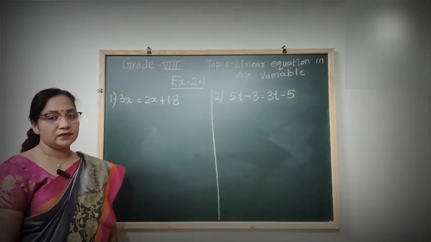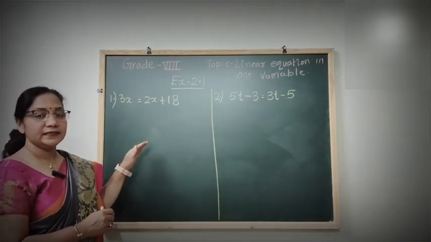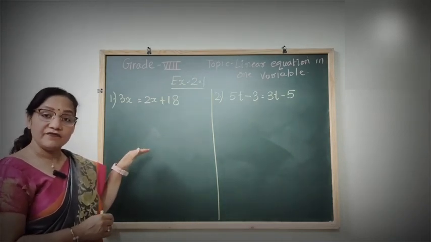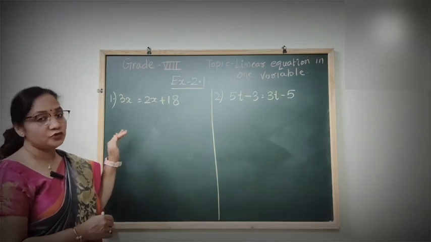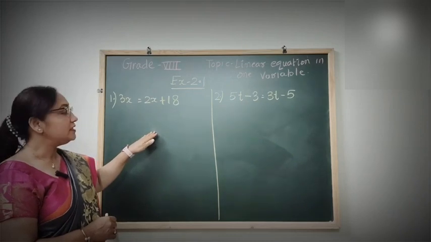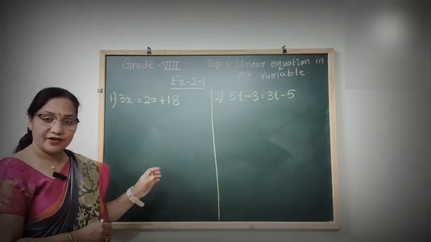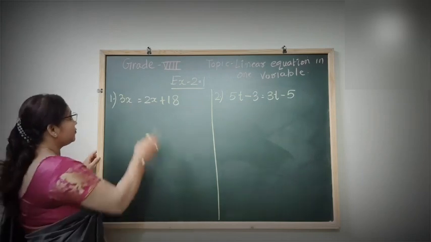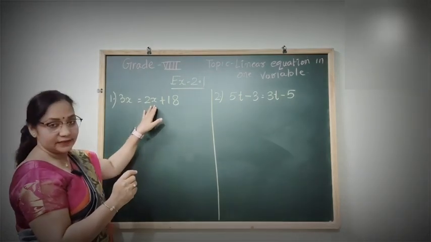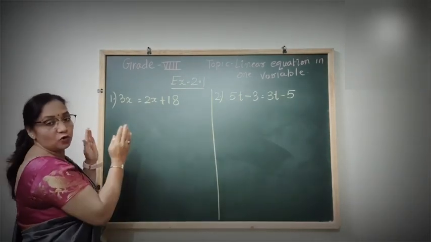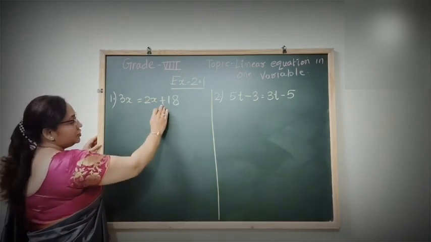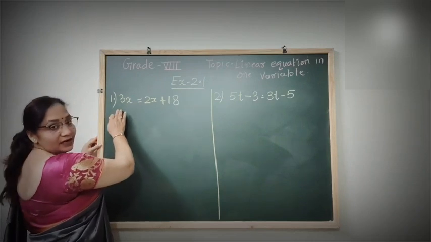Okay students, let us start the first exercise. The exercise 2.1 question 1, you have to solve the given equations and verify the answer also. So we will do here two steps. First step, equations को solve करेंगे और second step जो answer आएगा उसको verify करेंगे. ठीक है, let us start now. So as you can see, we have to find the value of x. So जो भी x आपको दिख रहा है, move to one side. You can easily see that this is an equation. This is your right hand side and this is your left hand side.